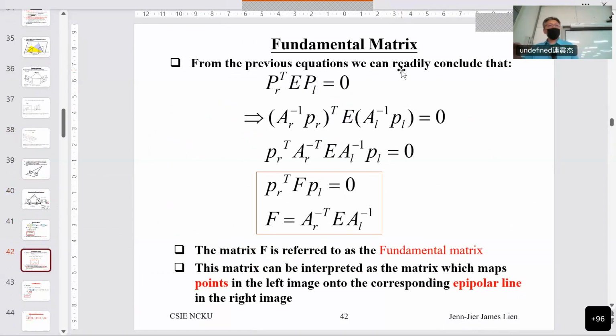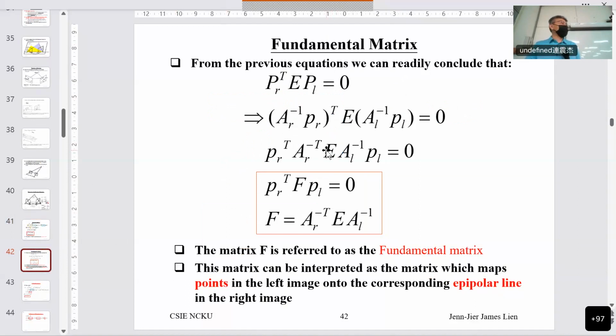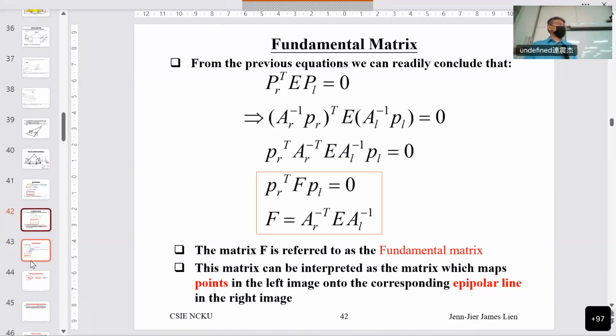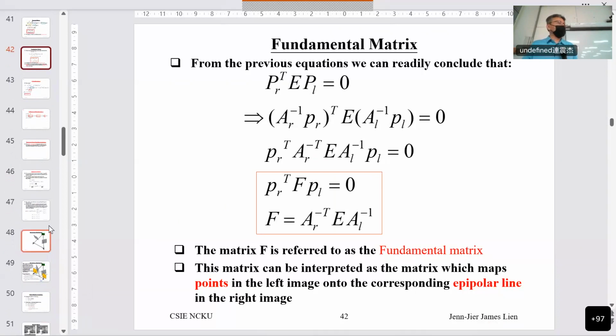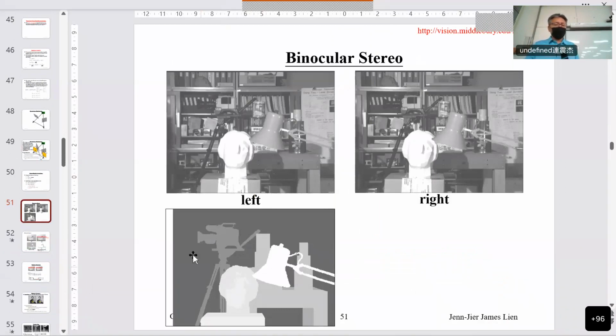So after you find the epipolar line, you can find the corresponding point, and you can reduce the 2D search to a 1D search along the epipolar line. So I need to teach you the essential matrix and the fundamental matrix. After this, we have the corresponding line we call epipolar line, and then we just try to find the corresponding point, and that's it for the stereo. 所以 stereo 最重要就是要找出它的相对应的线，叫 epipolar line。那有线，最后就找到你的 corresponding point，那就结束了。所以最主要后面都是在讲这些问题。